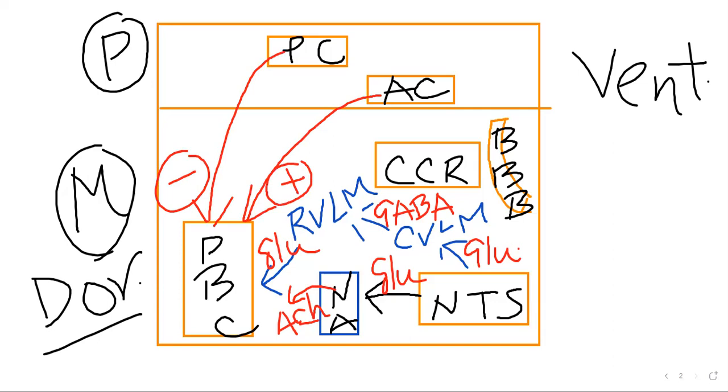Between the pneumotaxic center and the apneustic center there is reciprocal innervation, where the pneumotaxic center tries to diminish the effect of the apneustic center, whereas the apneustic center always tries to inhibit the pneumotaxic action. But there is always a check and balance mechanism operating, where the pneumotaxic center is predominant over the apneustic center. So this is the overall central communication of the